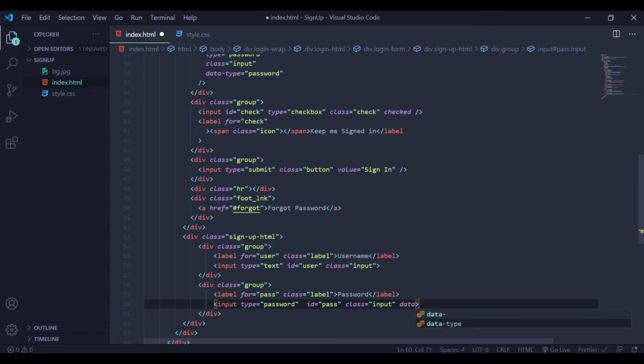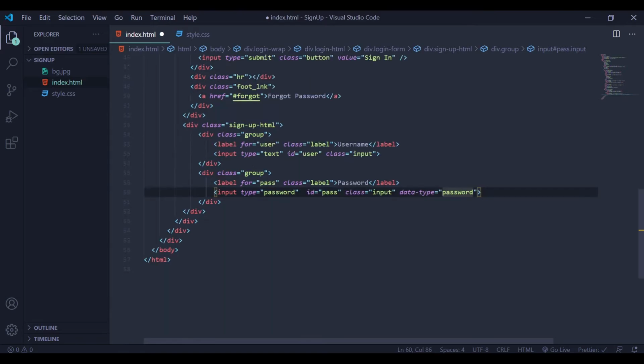And also, I'll include a data type. The data type is going to be password. Just scroll up. So next, we'll create another div,